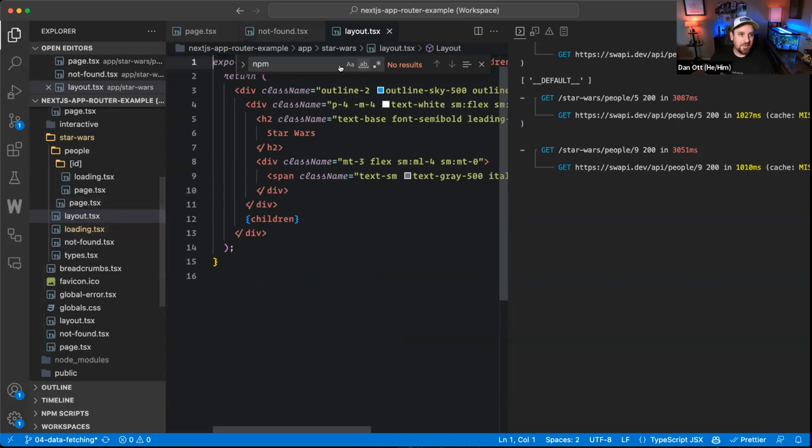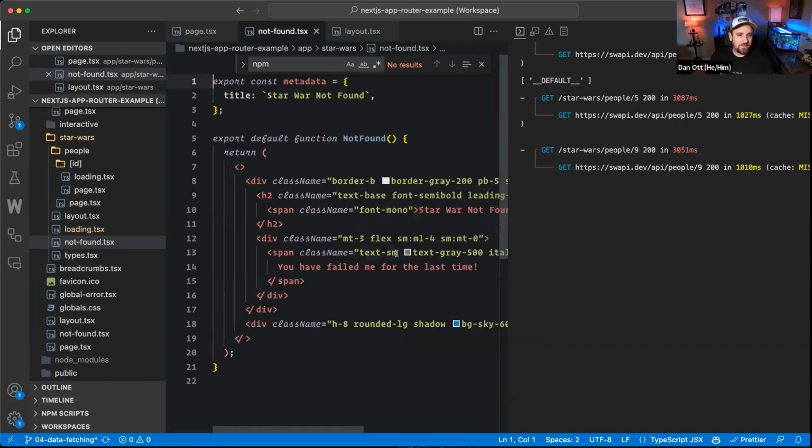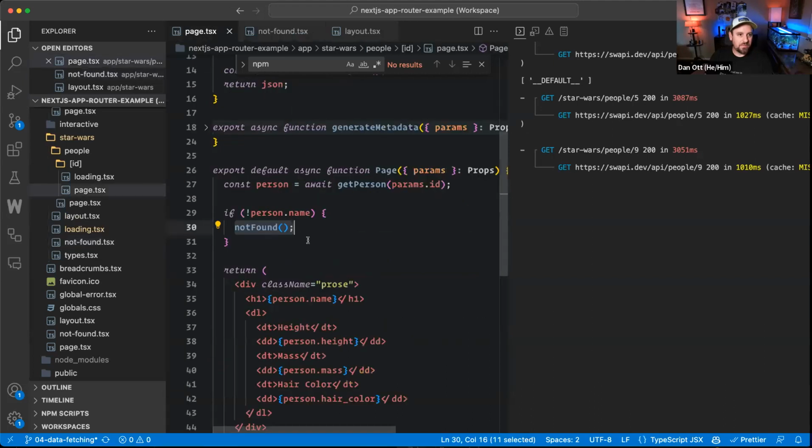And that's pretty handy. Right now there's some limitation to this, where this only happens if you return or call this notFound function. If you try to go to a page where you don't have a dynamic route, but it doesn't exist, for right now it only goes up to the global not found page, which is fine. But anyway,